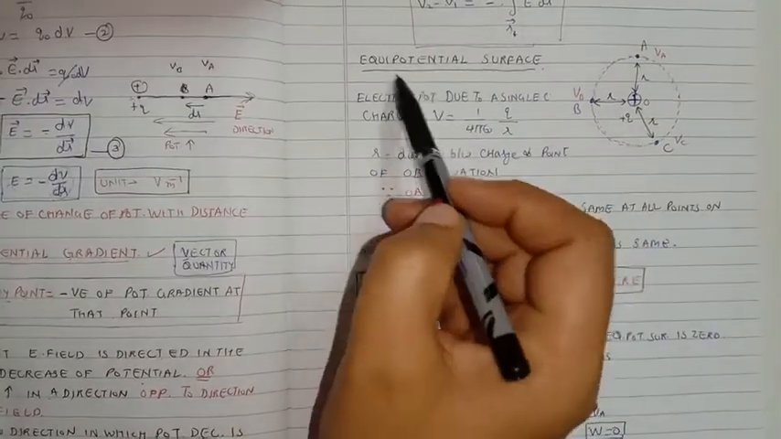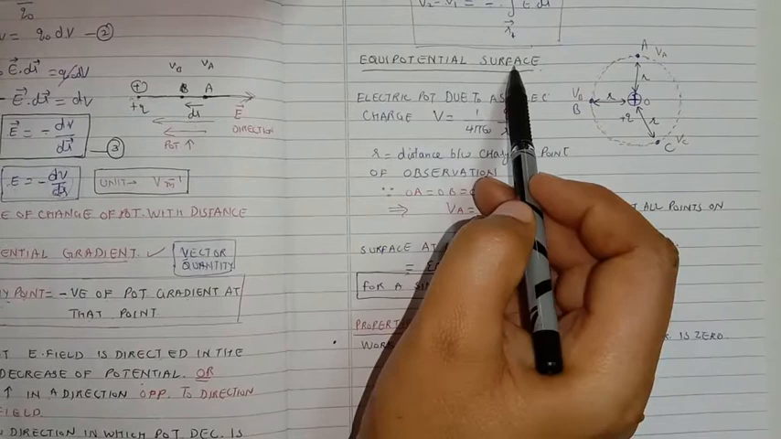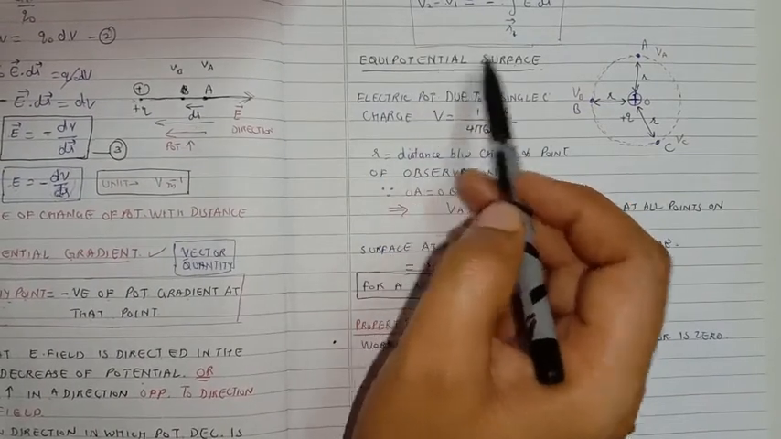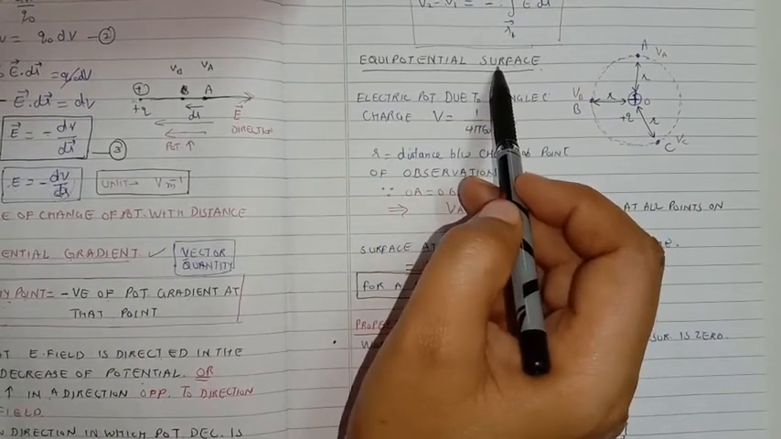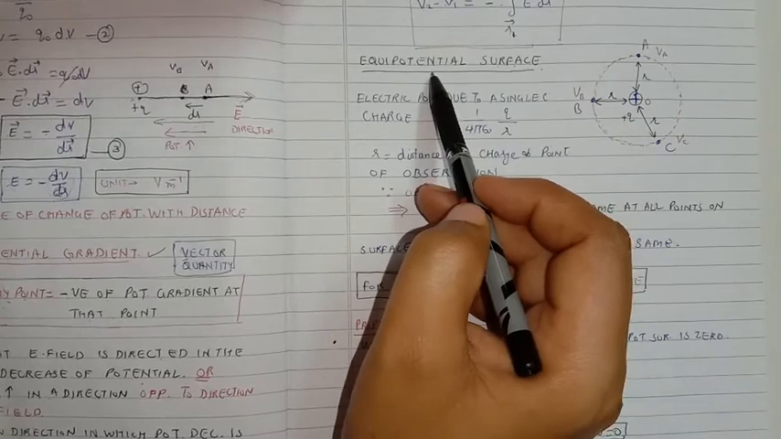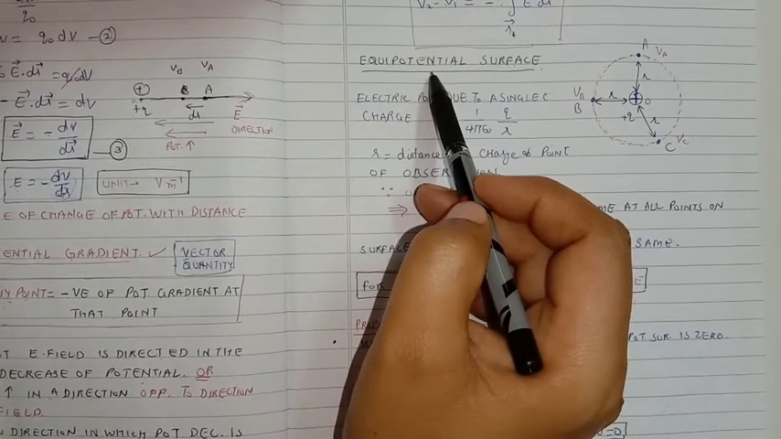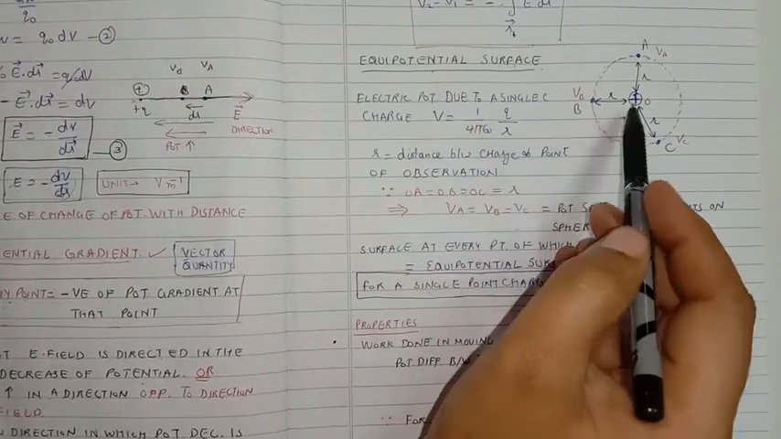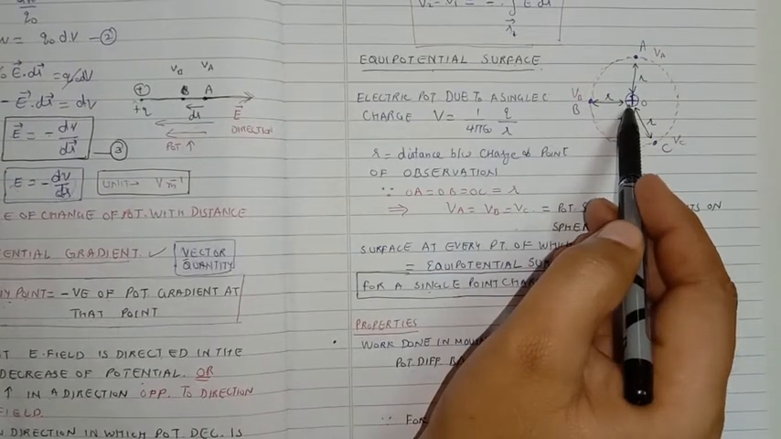Now we are talking about equipotential surface, which is a surface of equipotential. If we take a look at this charge plus Q